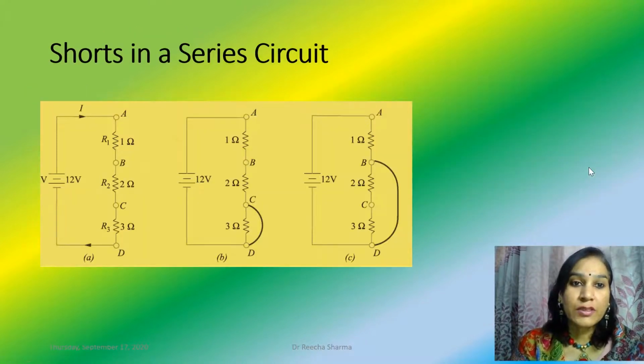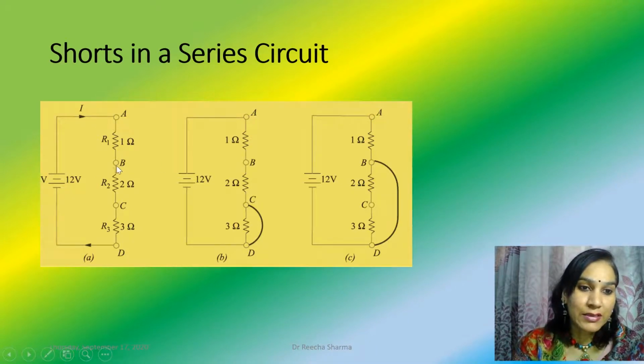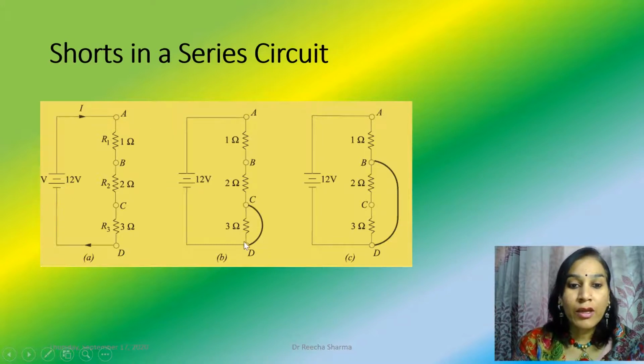This shows a short circuit in a series circuit. In the series circuit, we have resistances R1, R2 and R3 in series and a voltage source of 12 volt, and the current is flowing in the circuit. When a metallic wire is connected between two terminals, it means that this point is short circuited. So the resistance of the circuit is this plus this, meaning R1 plus R2. If this is shorted till B, as shown in the figure, it means the resistance of the circuit is between A and B only.